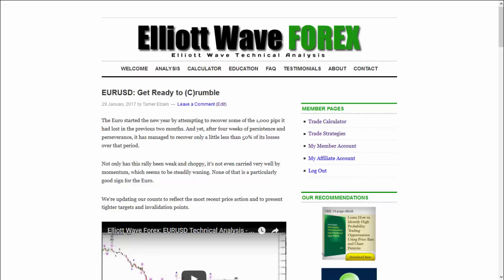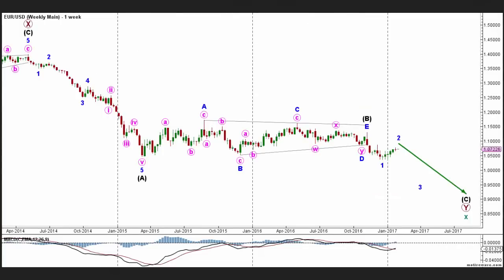We're updating our accounts to reflect the most recent price action and to present tighter targets and invalidation points. So let's begin as usual with the big picture on the weekly chart, where we see that the euro is most likely moving towards the downside in teal wave X, which is forming a double zigzag labeled maroon waves W, X, and Y, where wave Y is forming a zigzag labeled black waves A, B, and C,